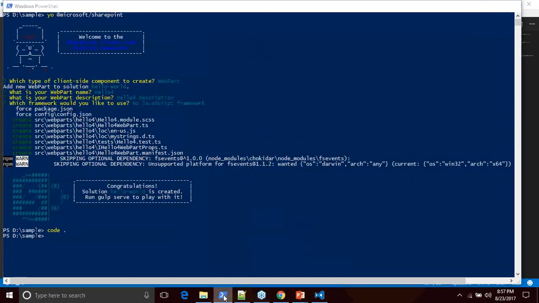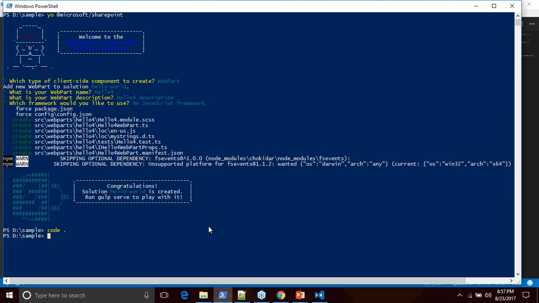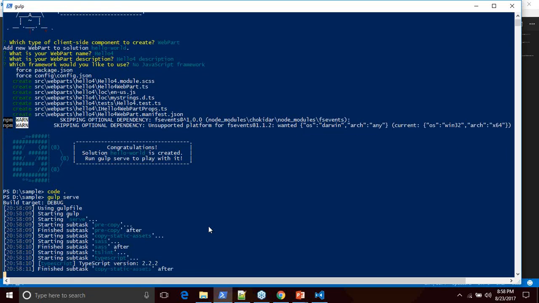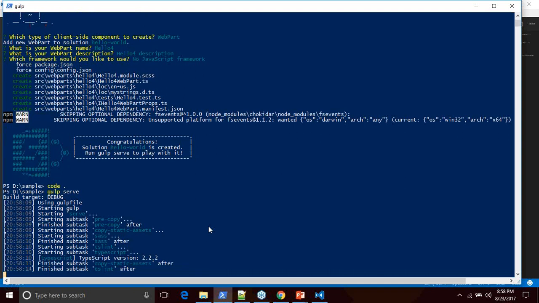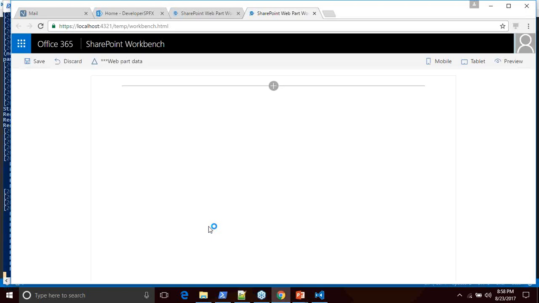Now, as we have brought up the screen, I would like to do a gulp serve, to build the web part which we have developed, to see how it looks on my local machine and also on the tenant level. In order to do that, all I have to do is run gulp space serve, and this would compile and build my project. It invokes the default browser window, and it shows what web parts are present. As you can see here, it opened my default browser window, and there is a workbench